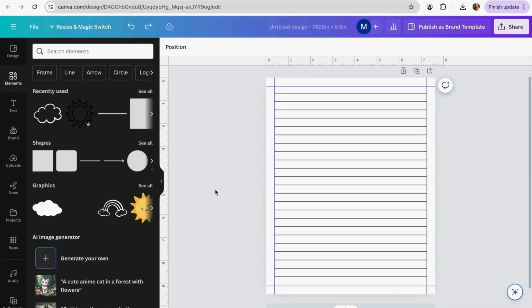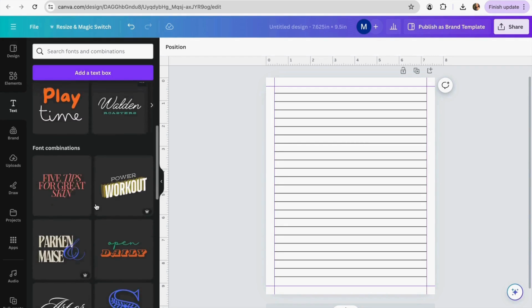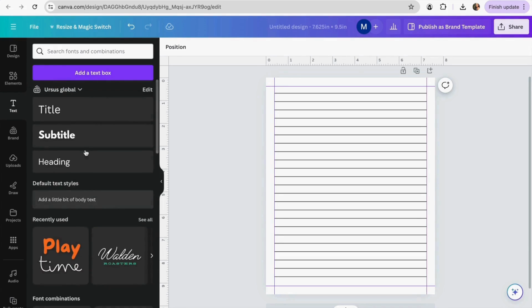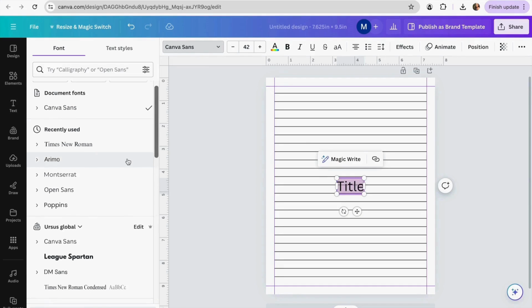Nice. So because it's a traveling journal, I'm going to start to make some customizing so it gets a bit more attractive to the buyers. So I'm going to be starting by adding the text. And for this, I'm just going to go to the text section, and over here we can go and add one of the templates that Canva already has from here, but I'm just going to be adding a title. Over here you can go and use this type of font, otherwise you can click over here and you can change your font. So I'm going to be using this one. I think it looks much nicer, and I'm going to be adding the date,